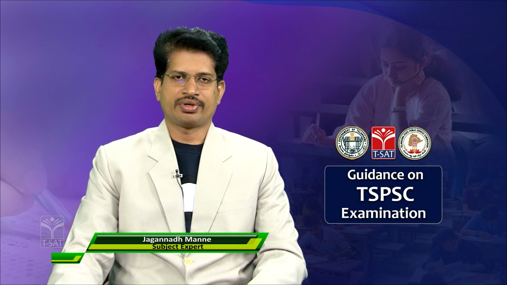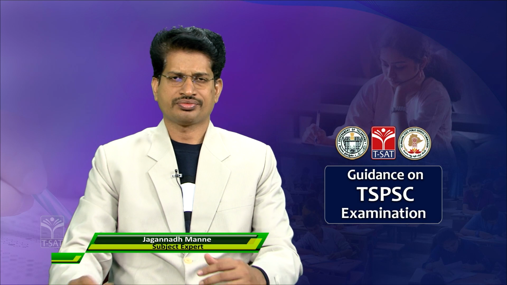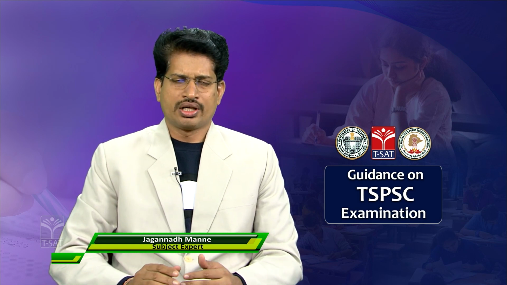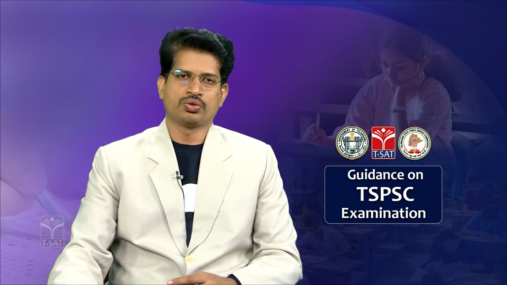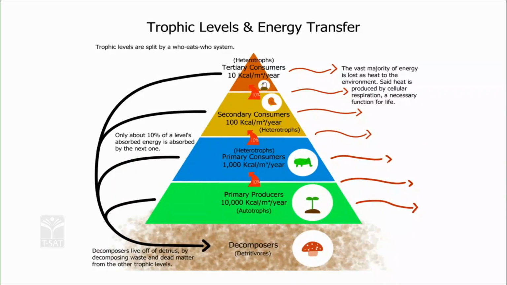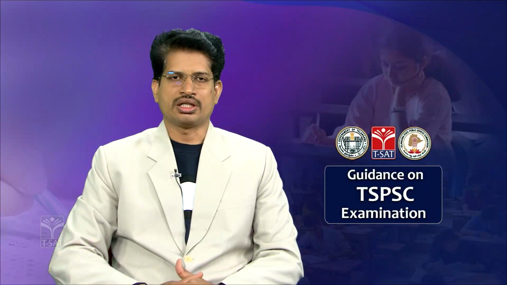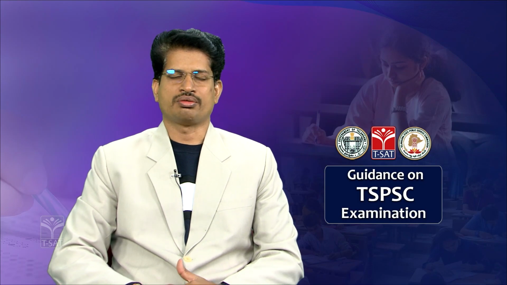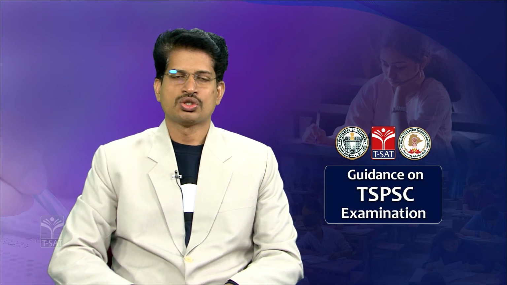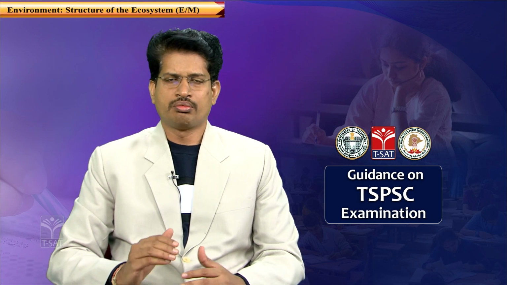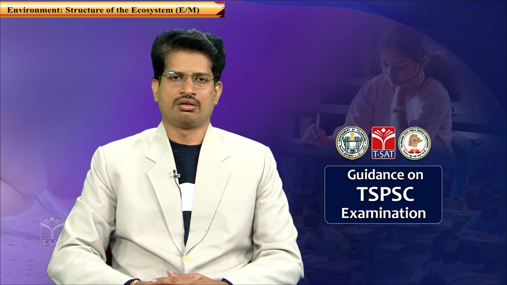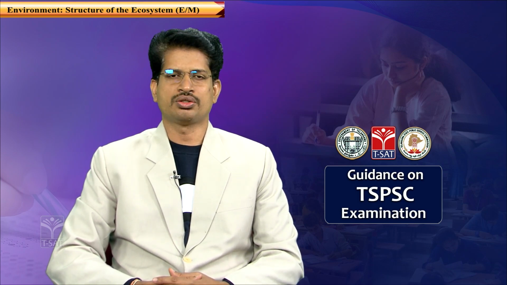So here, as far as the structure of the ecosystem is considered, the ecosystem is divided into different layers. These layers into which the ecosystem is being divided are based upon certain fundamental factors. The layers of this ecosystem are described as trophic levels. Fundamentally, in general, the ecosystem is divided into 4 different trophic levels.